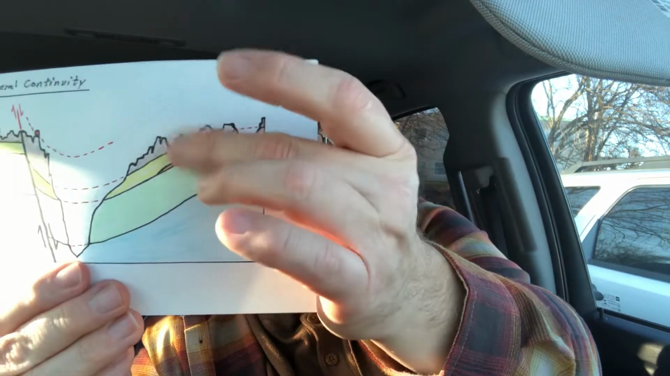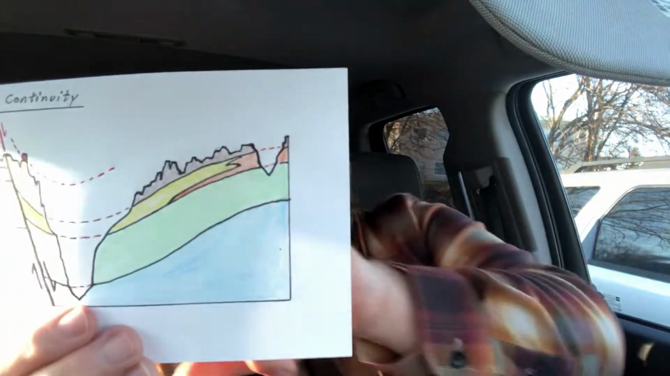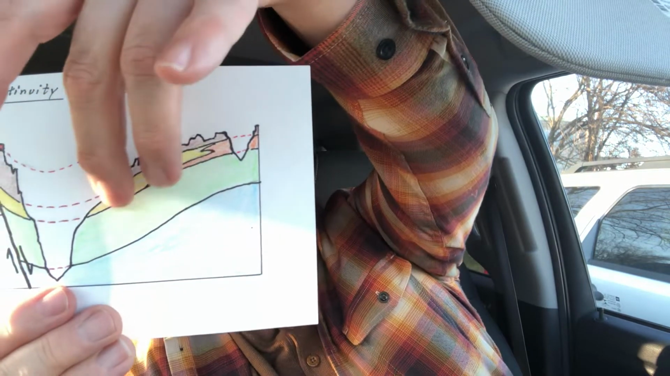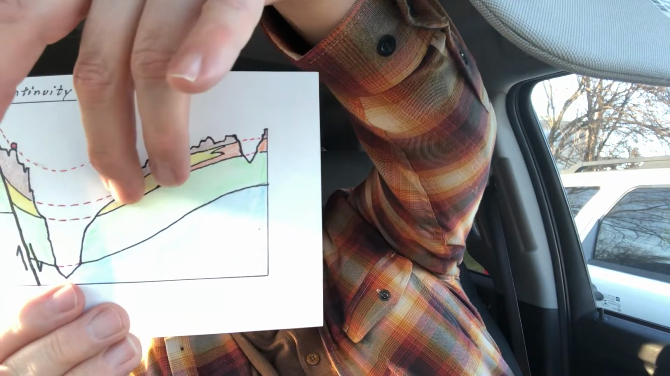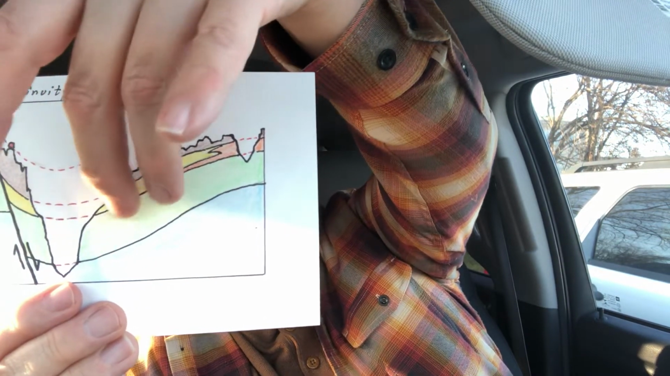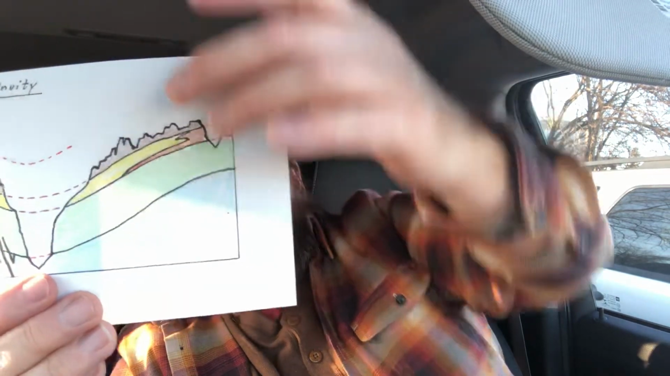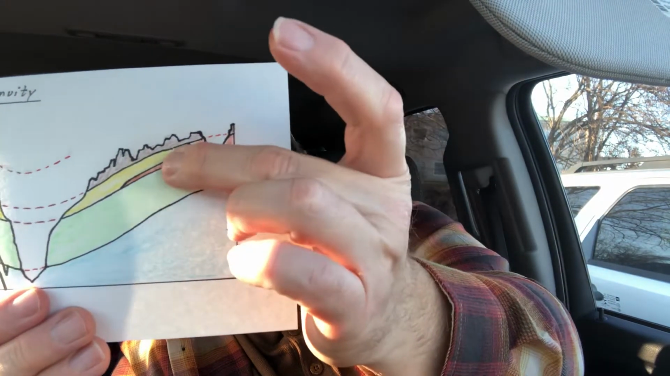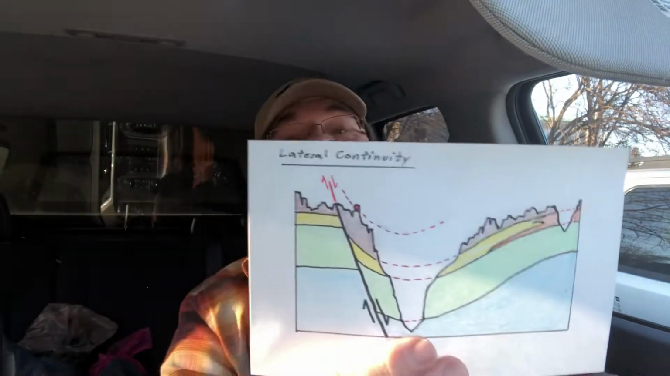Here, we have a facies change. The yellow, lateral continuity says we can connect the two across the valley and across this smaller valley with the orange. Now, is the orange the same geologic formation as the yellow? It may or may not be. See, the thing with